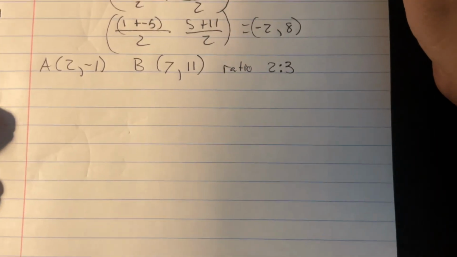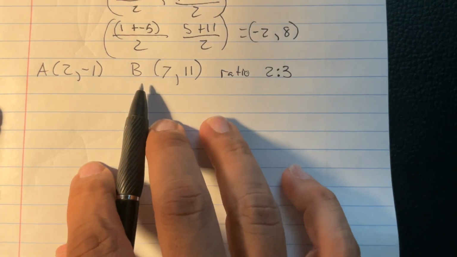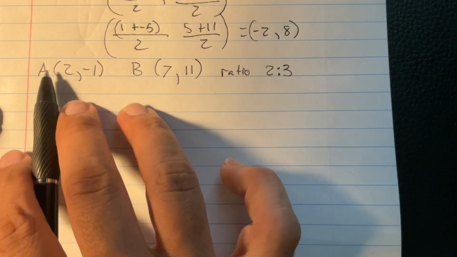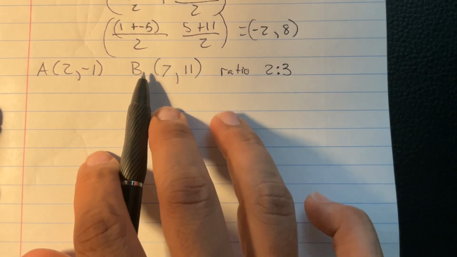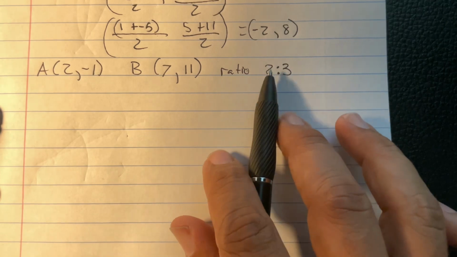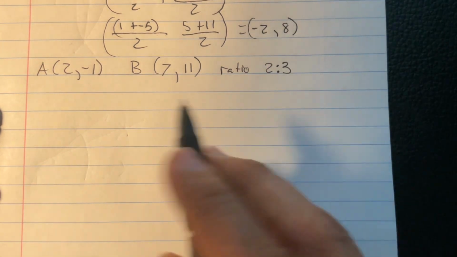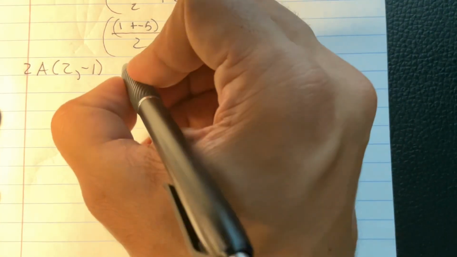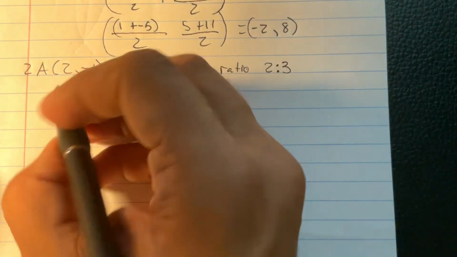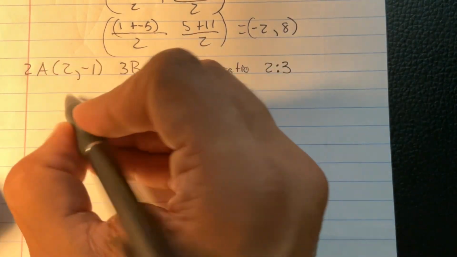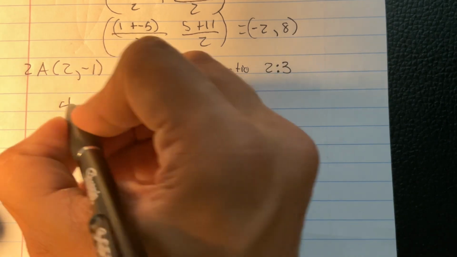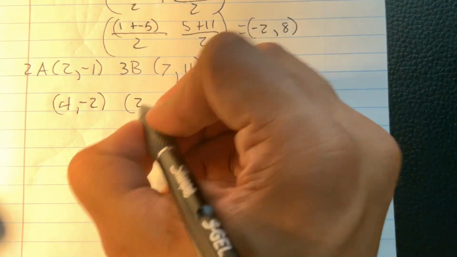Now here, we're dealing with A and B, and our ratio is 2, 3, meaning A has the weight of 2, and B has the weight of 3. Okay, so total parts are 2 and 3, means there are 5 parts. So this first one is going to be multiplied by 2, and this second one is going to be multiplied by 3, causing us to have a new A and a new B, but we're not going to call them A and B anymore, so we're just going to have the multiples of these. So it's going to be 4, -2, and 21,